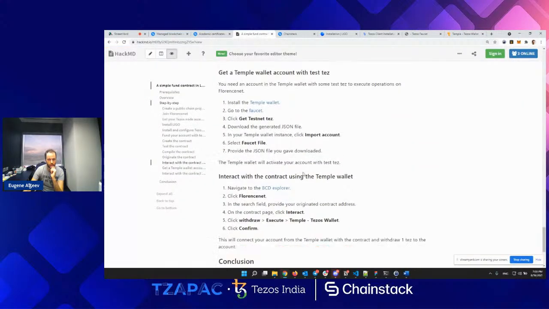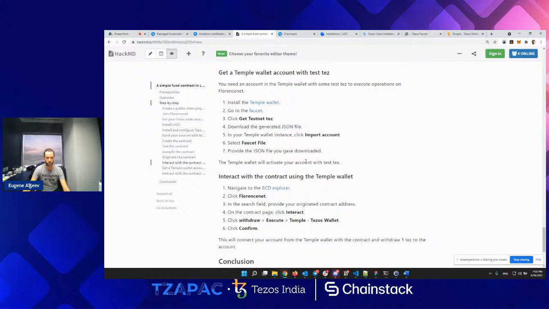So how can I interact? Obviously, we could have built a real, full-fledged web app, which you will be building as part of the hackathon, of course, most of the time. And you've had other sessions, I think, about building web applications on top of Tezos.